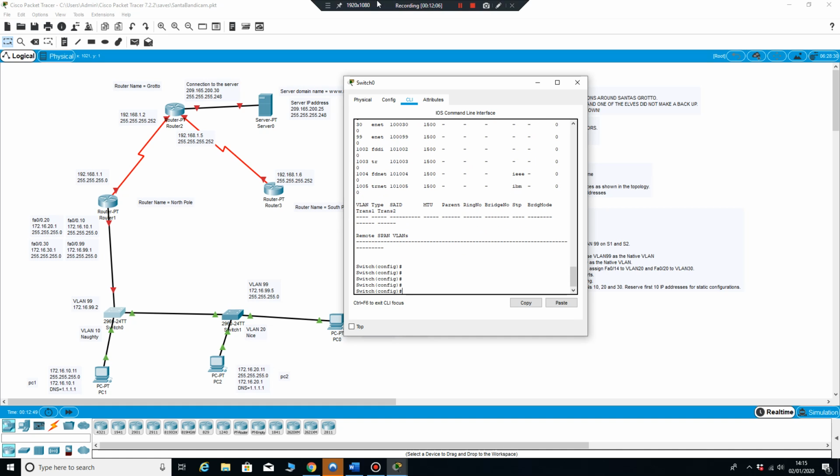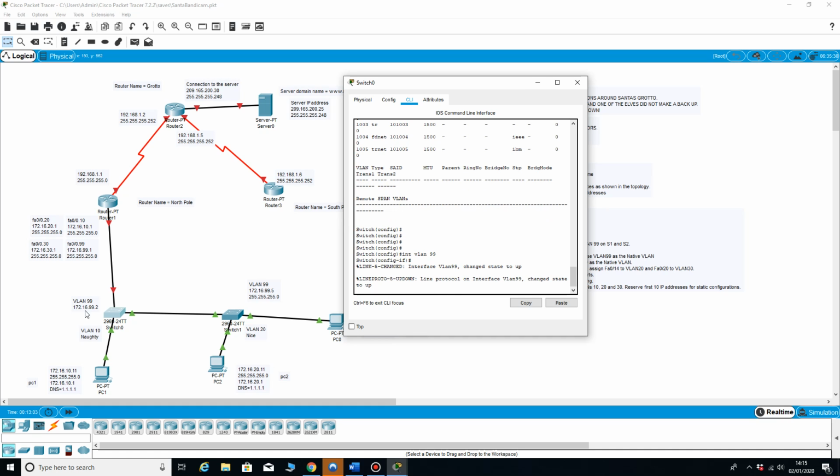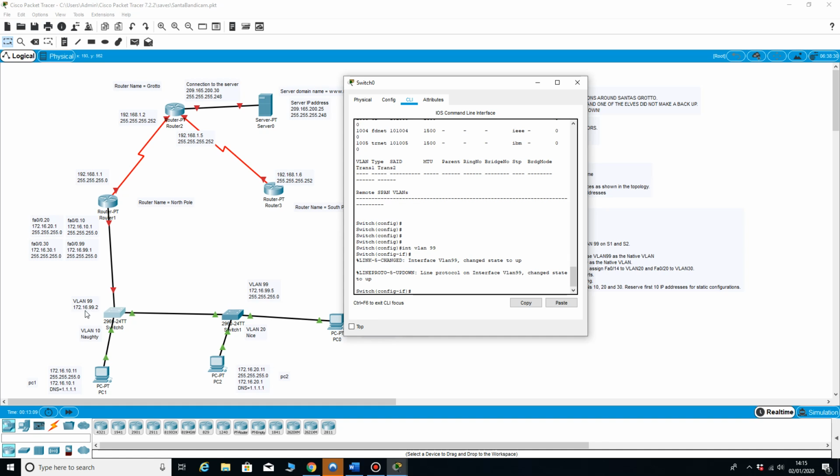So the next thing we need to do now is give it the IP address, and so that'll be interface VLAN 99, interface VLAN 99. Because I've gone into interface now, it's changed the state to up, and then I need to do IP